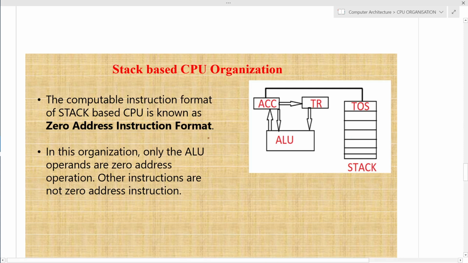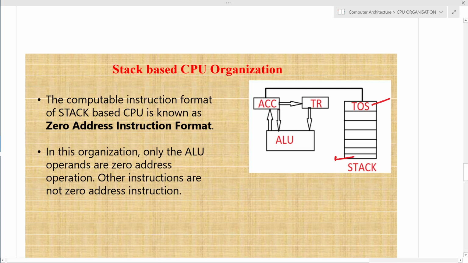This may be called my bottom address, and this may be called my top address. Initially, if no elements are inserted, as I have already told, if my bottom address is 2000 and there is no element, then my top of the stack, or my stack pointer, will identify the location 2004.